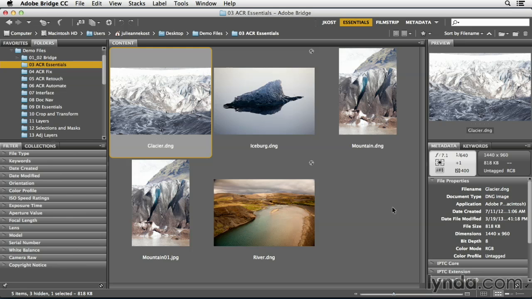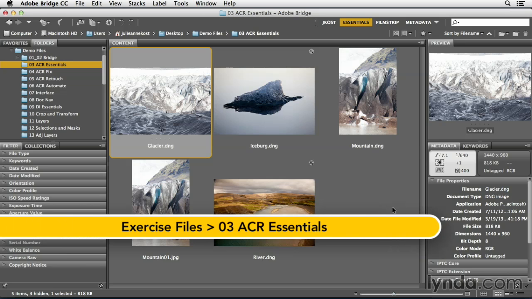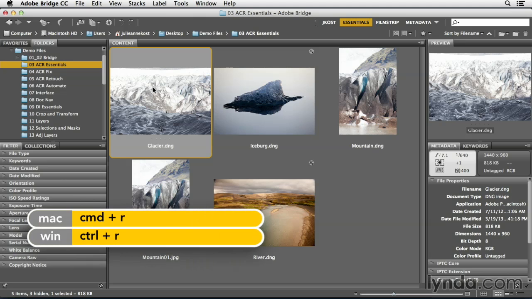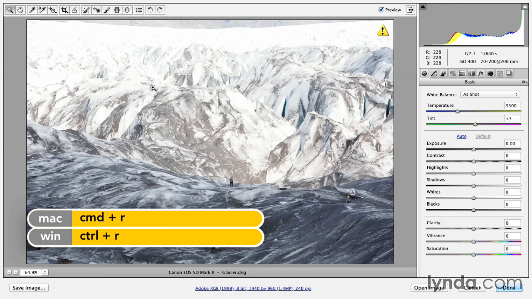When you're making changes to your images in Camera Raw, it's important to keep your eye on both the image as well as the histogram in order to avoid clipping areas in your image to pure black or pure white. Let's go ahead and select the glacier image and then use Command-R or Control-R on Windows in order to open